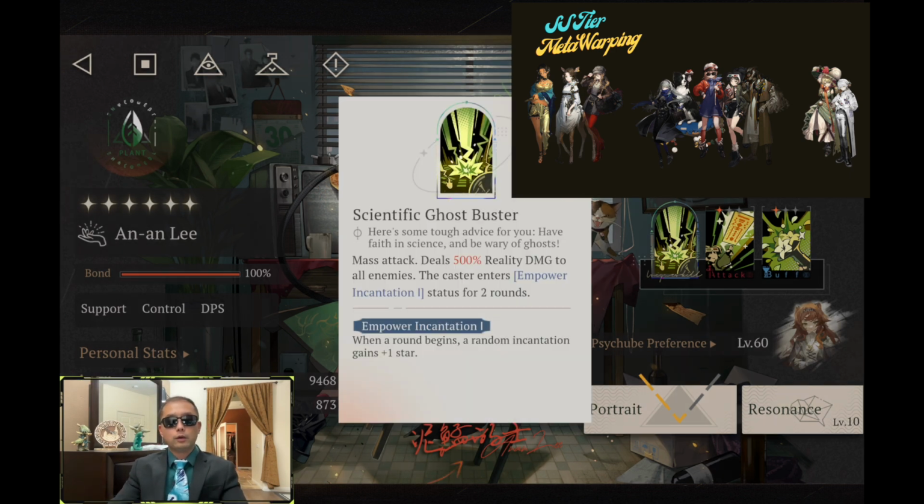So her ultimate, I think, is what sets her apart from all other units besides perhaps Kaalaa Baunaa and 6, where she enters the Empower Incantation state for 2 rounds. When a round begins, a random incantation gains +1. Basically, the incantation levels up. And this is really powerful because